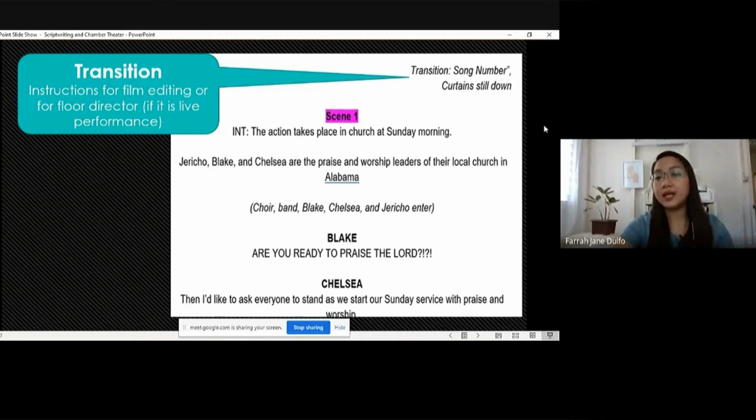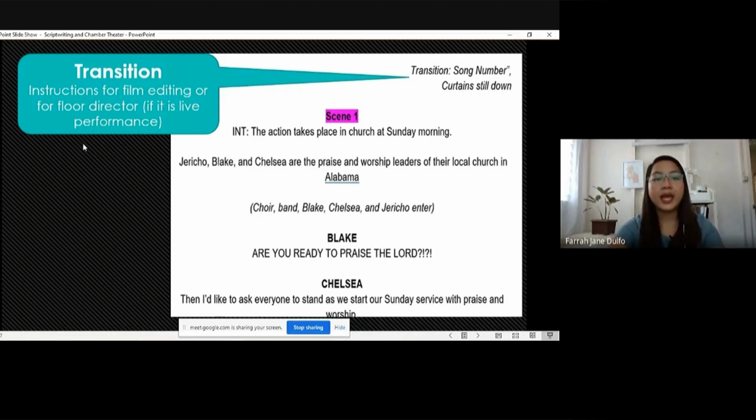For film editing, it's like, you need to cut this out. Or if it's live performance, it's the instruction to the floor director. Just like this song number here, and then curtains still down or curtains up, lights off, lights on. That's the transition there. So you need to place that also.